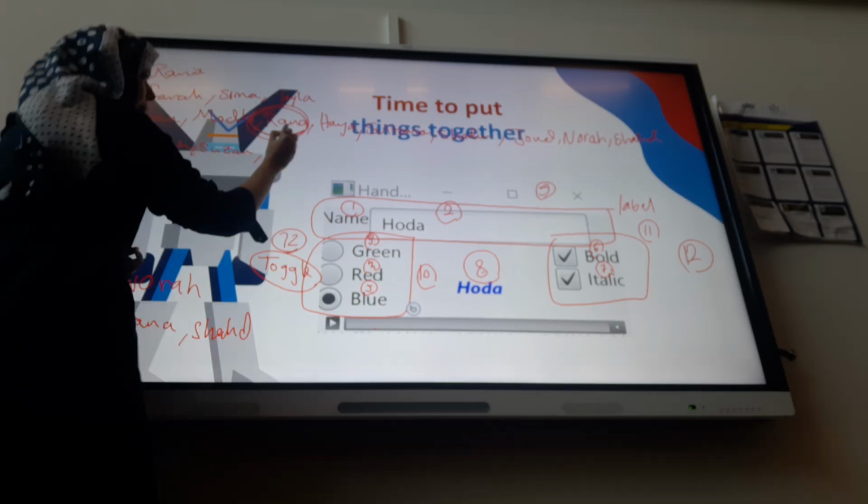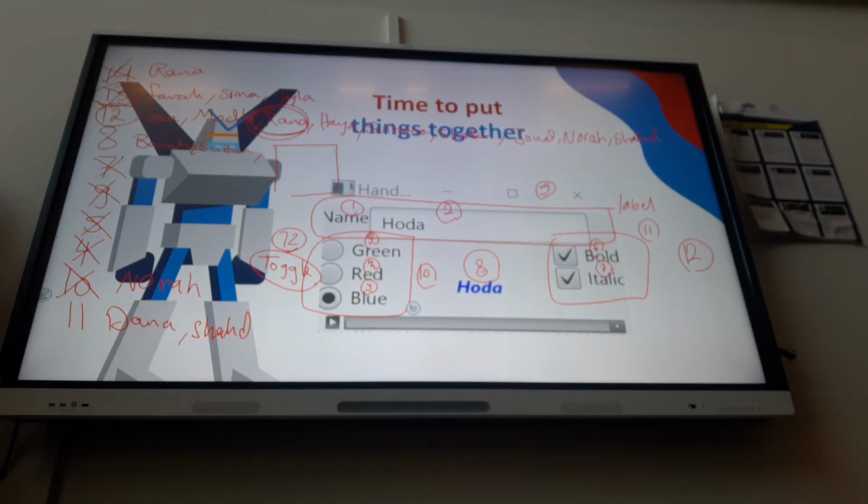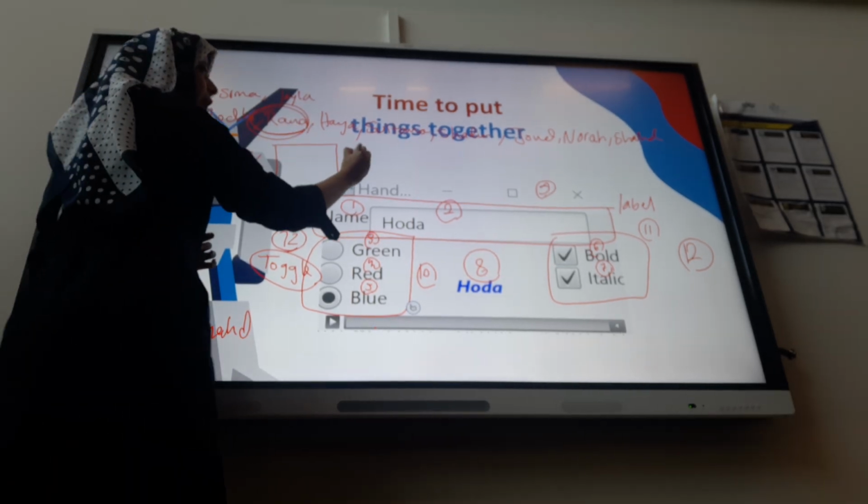We said when we have a parent node, hold on. We said when we have a parent node